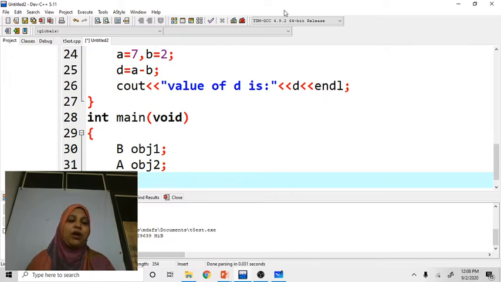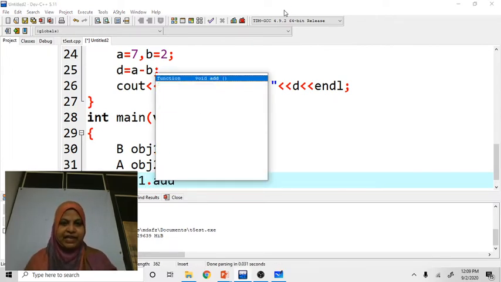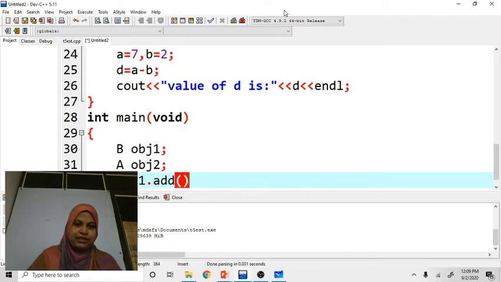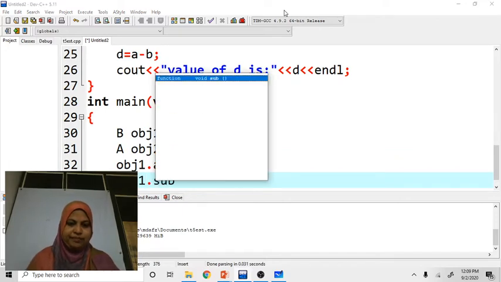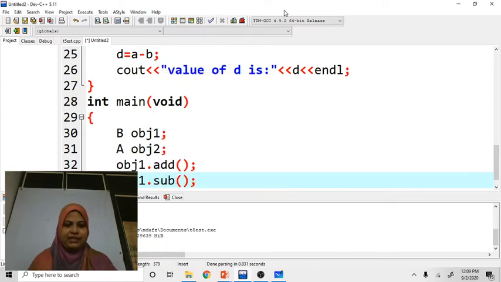But by using the object of class A, we can't access the data members and member functions of class B, right? See here, I am going to try to access the data members and member functions. I write obj1 dot sub, right?